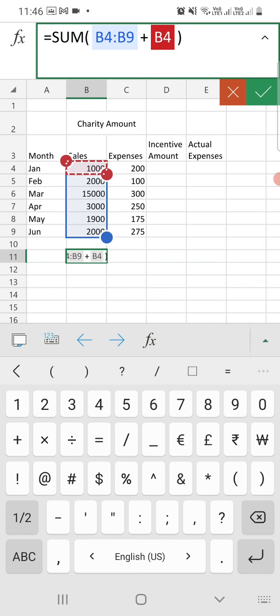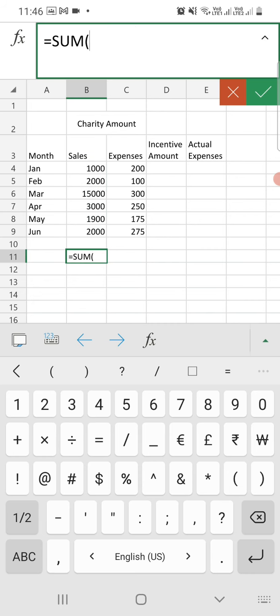I am showing you once again. Just select the B4 cell and drag up to B9. It will fill up from B4 to B9 all the cells. So you can easily choose the cells by using B4 to B9. Okay, so our formula is complete.